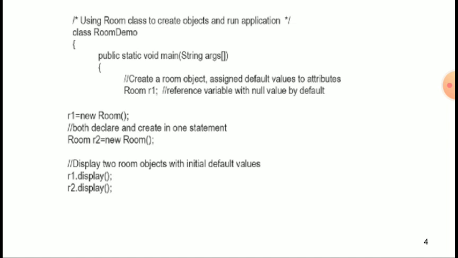Room r1, that means a reference variable with a null value by default. r1 equals new Room. Both declare and create in one statement. Room r2 equals new Room. Display the two room objects with initial default values: r1.display and r2.display.